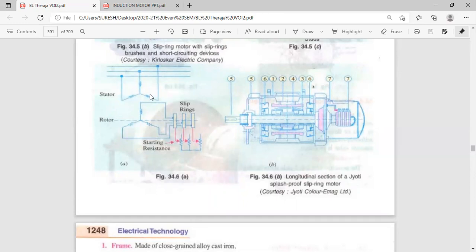When the flux is developed, part of this flux links with the secondary coils. The stator is the primary coil and the rotor is the secondary coil. Part of this flux links with the secondary coil due to mutual induction between the primary and secondary windings. EMF is induced in the rotor. The stator winding is stationary and can't rotate. This rotor is rotating, and when the rotor rotates, EMF is developed in it. That is the principle.